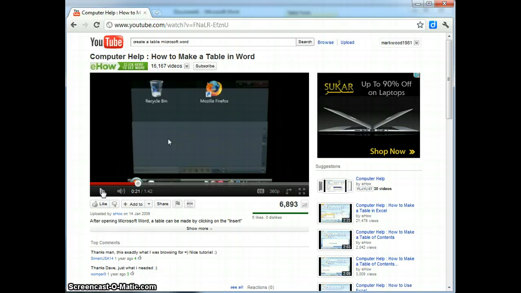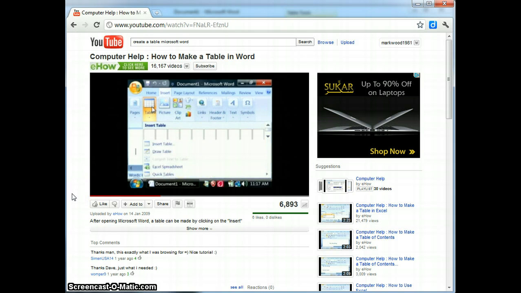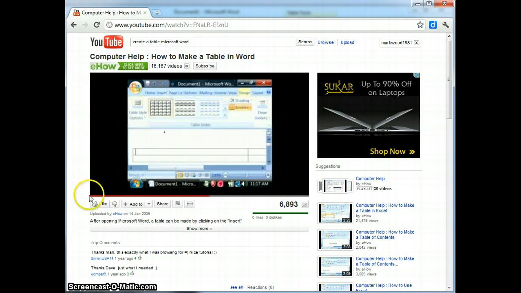And I've just skipped through a bit of the introduction for this video, but you can see here, if I listen and watch carefully, just make sure the volume's up. All we're going to do is insert a table here. To do so, go to the Insert tab at the top and click on Table. This brings up the Insert Table interface. It lets you choose how large of a table that you want to create. As you can see, if I scroll down here, I can create a table that is a lot of rows and a lot of columns. They're kind of highlighting as I move my mouse over them. I'm just going to create a real simple table. Let's say a 2 by 2. I'm just going to highlight the top 2 rows and cells and click there.